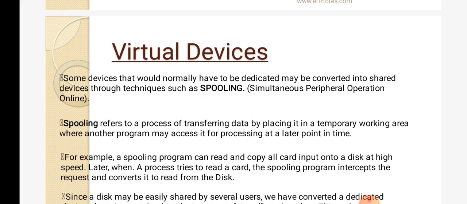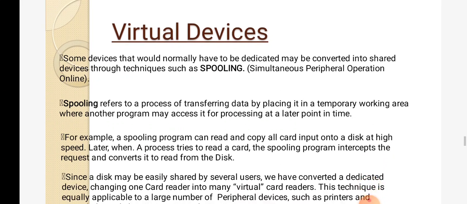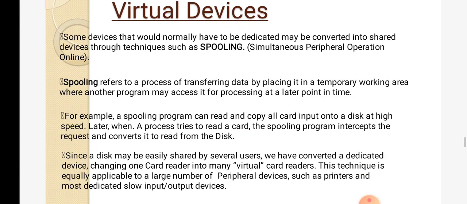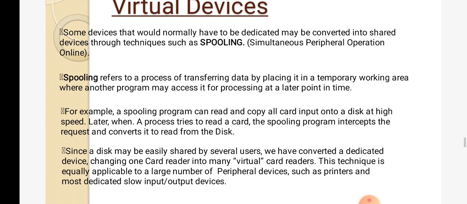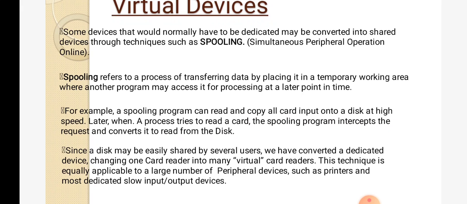We discussed virtual memory already, isn't it? For executing a 500 MB program, we need 500 MB RAM, but a 500 MB program can be executed by 100 MB RAM. Very clear? A 500 MB program is executed successfully with 100 MB RAM.